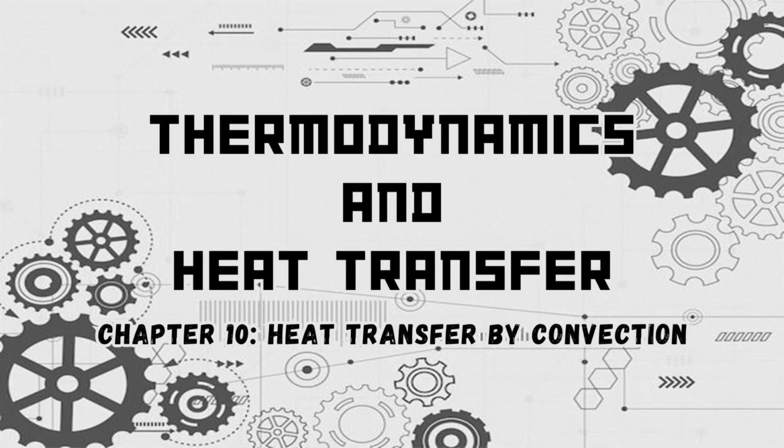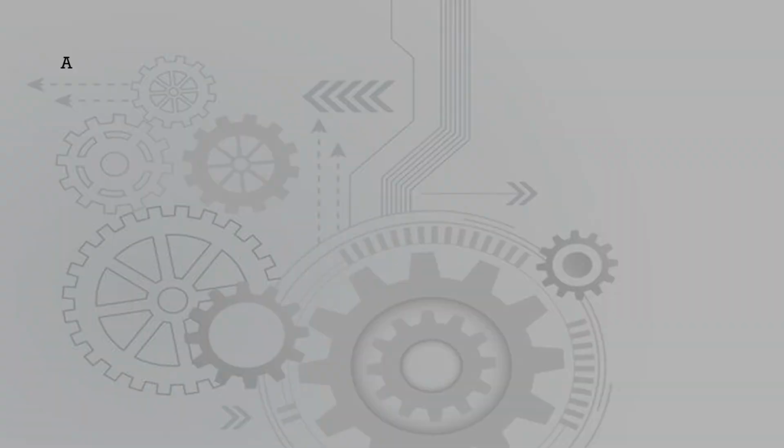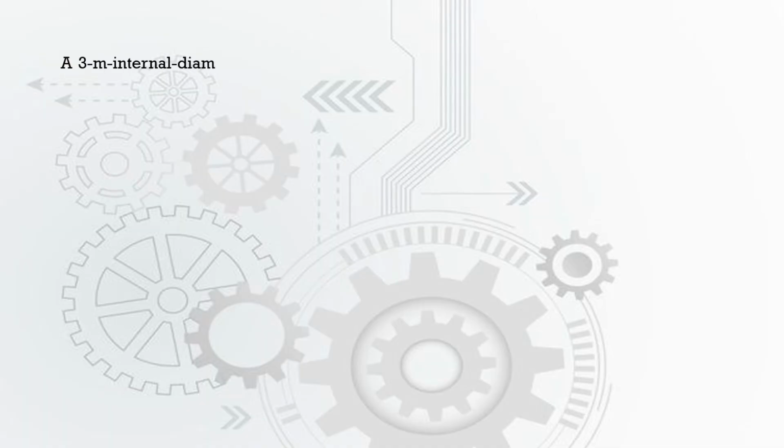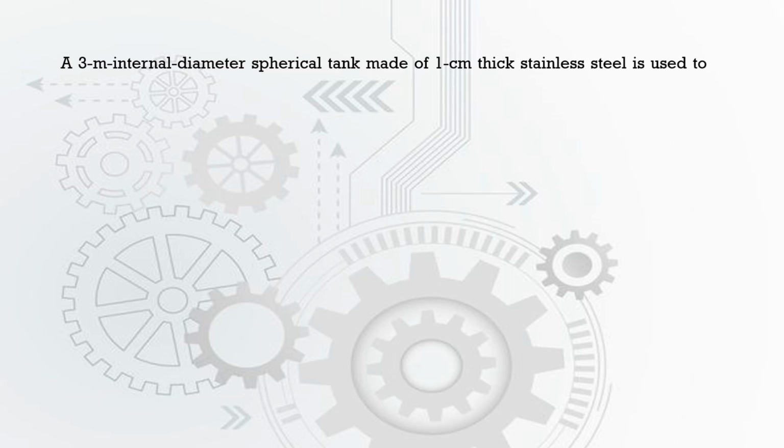Hello guys, today we're going to solve a sample problem in chapter 10 of thermodynamics and heat transfer, the heat transfer by convection. The sample problem is a 3-meter internal diameter spherical tank made of 1 centimeter thick stainless steel is used to